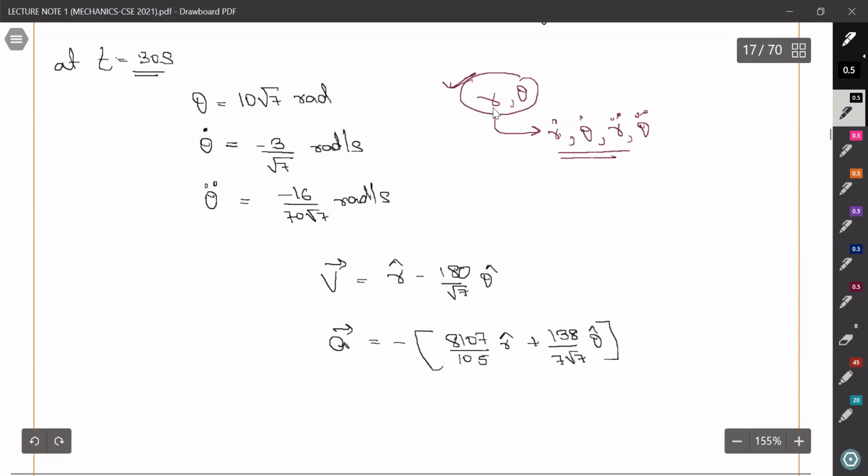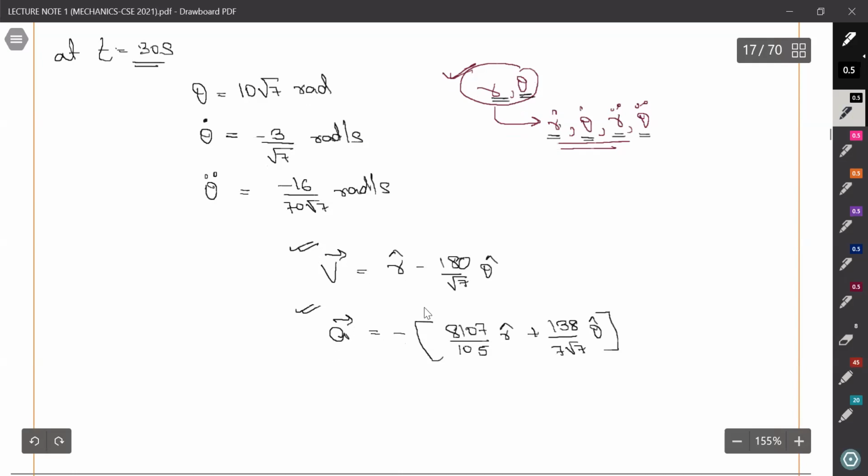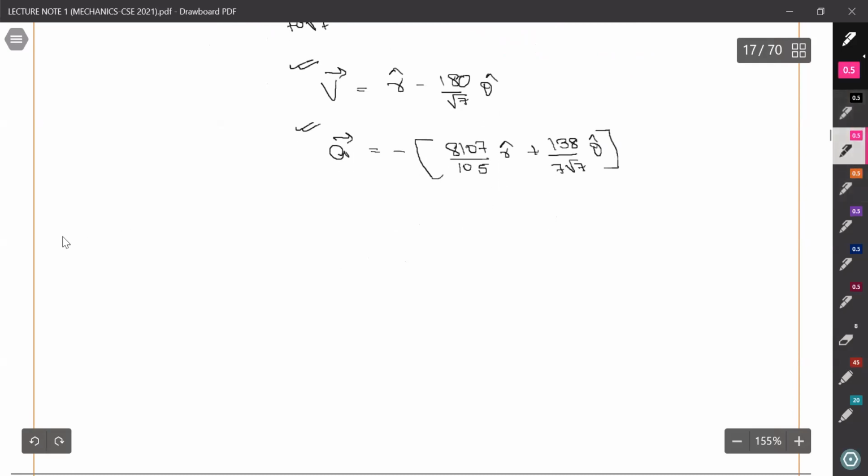The moral of the story is, if we are given the functions of r and theta, we can easily differentiate them with time and find out r, theta, r dot, theta dot. Again, differentiating twice with time, we get r double dot and theta double dot. And we simply have to put these in the velocity and acceleration relationships. Okay. Now come to the next question, and this is very important because in this question, we will convert Cartesian to polar.